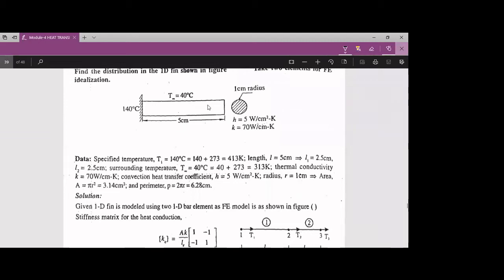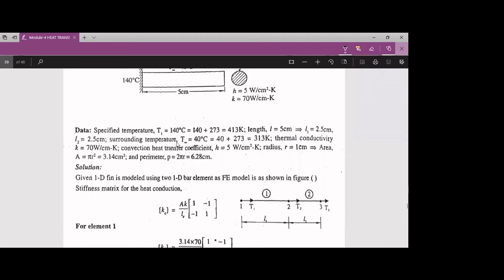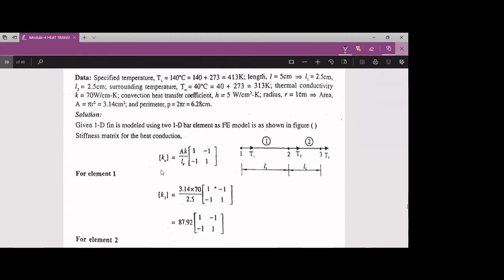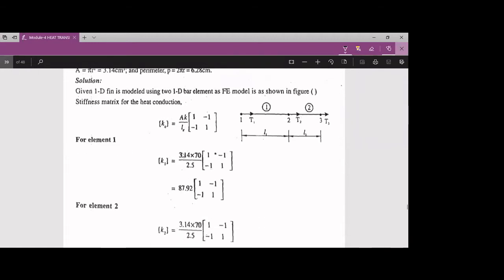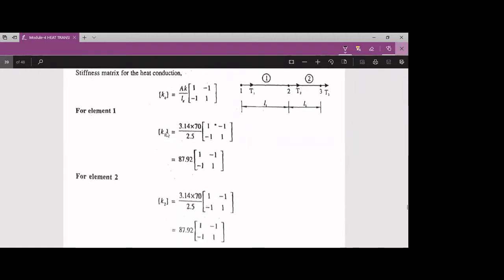Conduction is going to take place throughout the length of the fin, and also due to the perimeter there will be convection, so we need to obtain two matrices, one due to convection and one due to conduction. First consider the first element. For the first element, due to conduction, the conduction matrix K1 is given by AK divided by LE1 times [1 -1; -1 1]. Now substituting the values, the conductivity value k for the first element is 70,